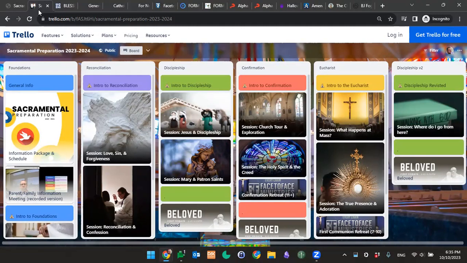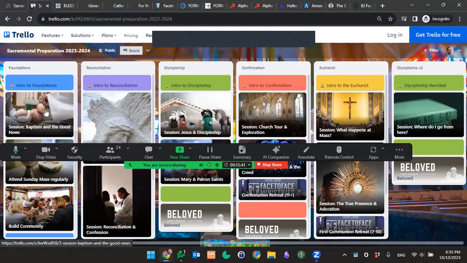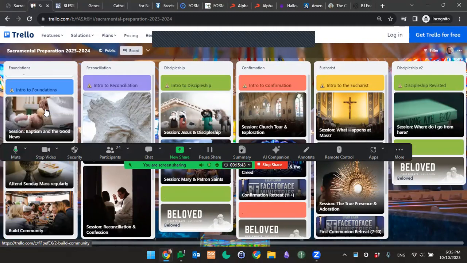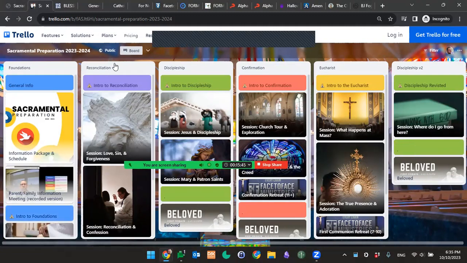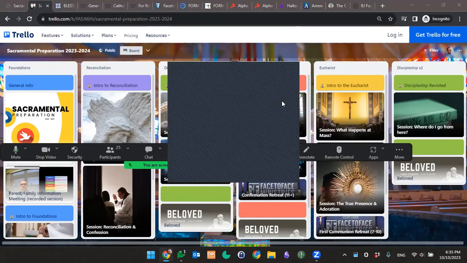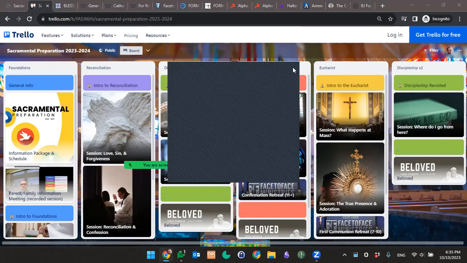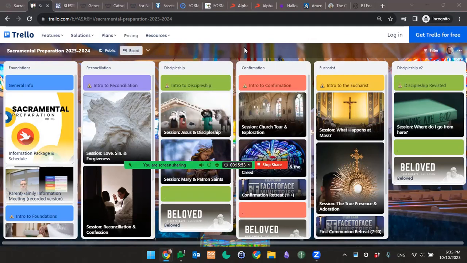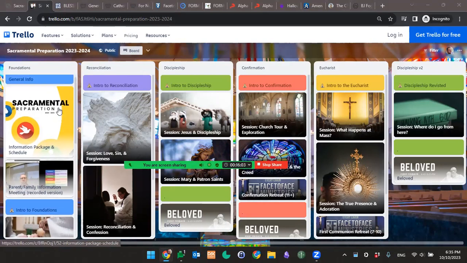I won't repeat that whole parent information session, but I put the things here and you can scroll through and see what's coming up. I think this will be a nice visual way of helping to see how we're making progress through that year. For example, right now, the foundations category is where we are.